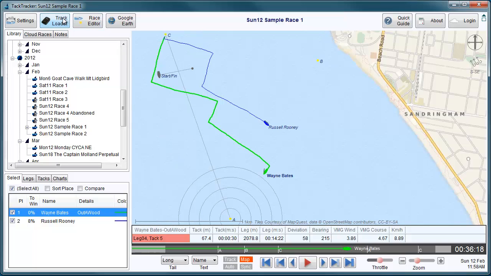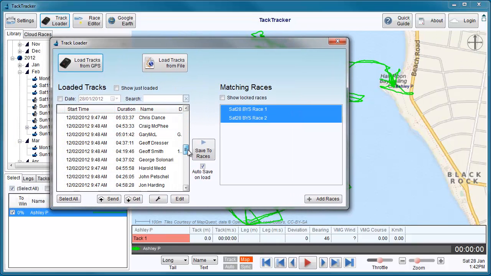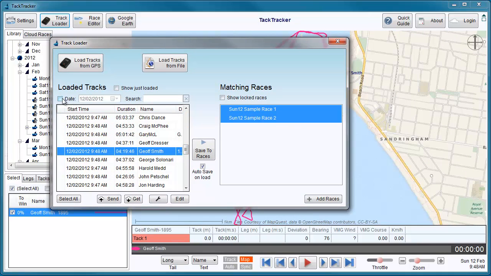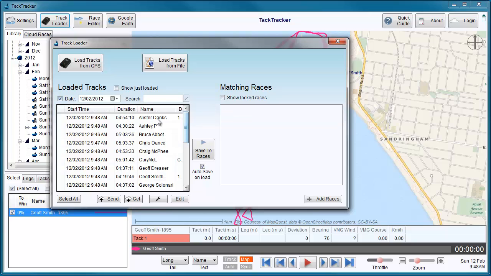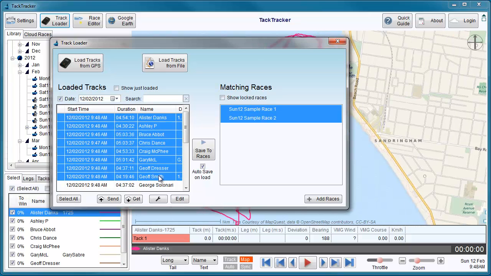To do that, I go to the track loader, and I find the tracks for the particular date. Again, I can sort by date or filter by date, and pick a bunch of tracks like that. And then in the track loader, I can save my selected tracks to these selected races, and you can see that those two races I created now show up here. Click the Save to Races button,